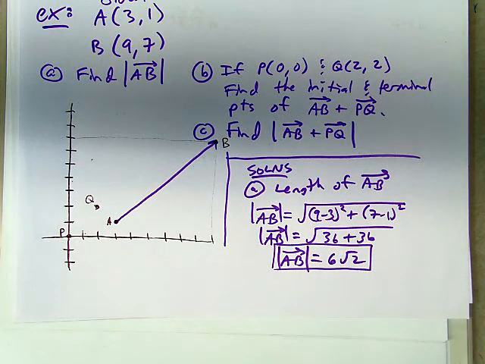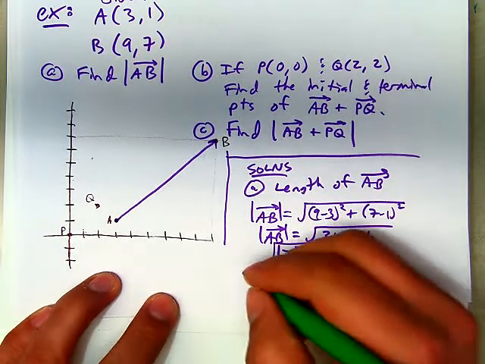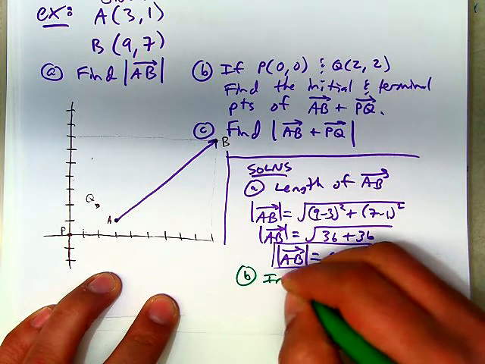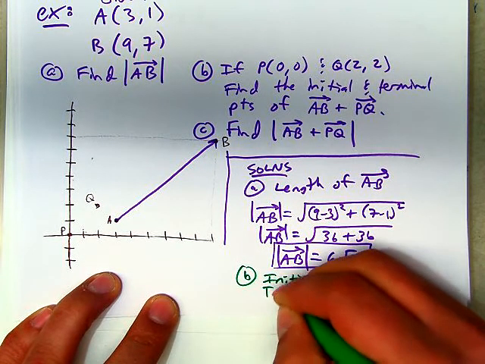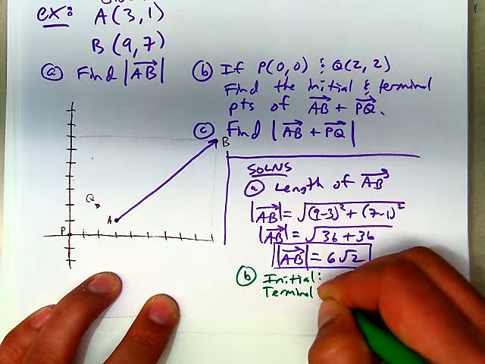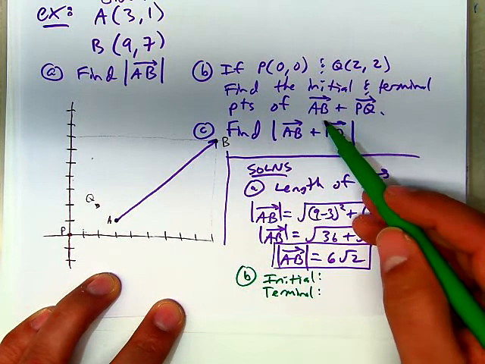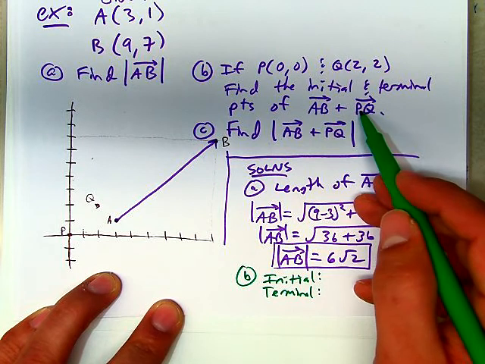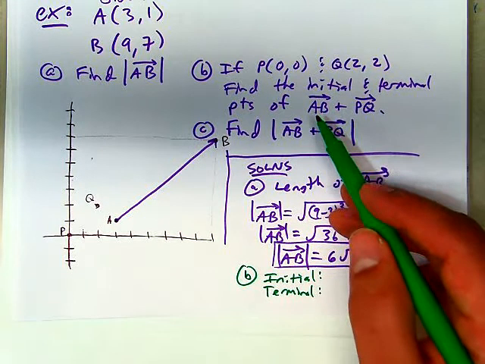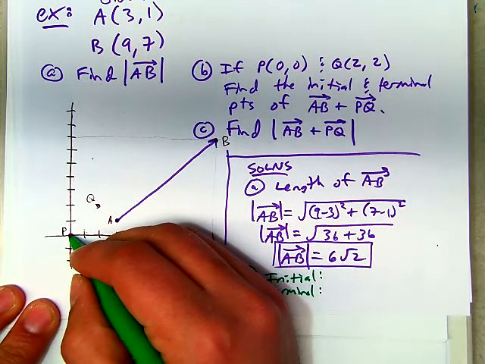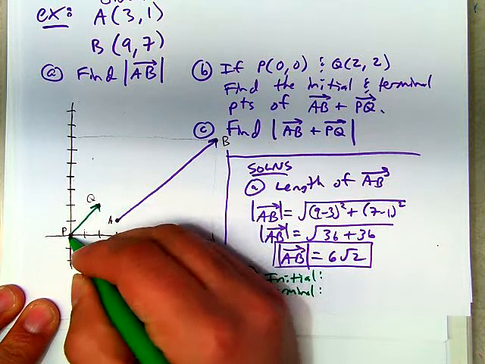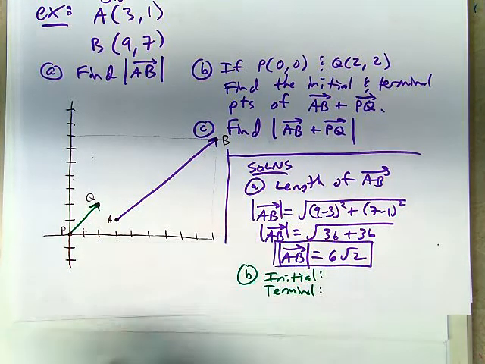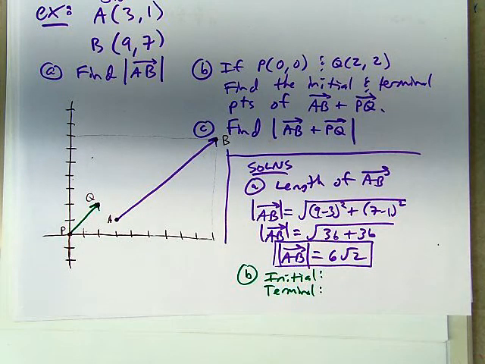All right, part B says to find the initial and terminal points of AB plus PQ. So what I'm going to do here is actually add the second vector PQ to AB. So let's see. PQ is from here, from P to Q. And remember that the idea is that you're going to,